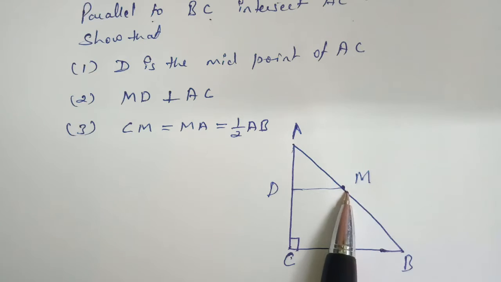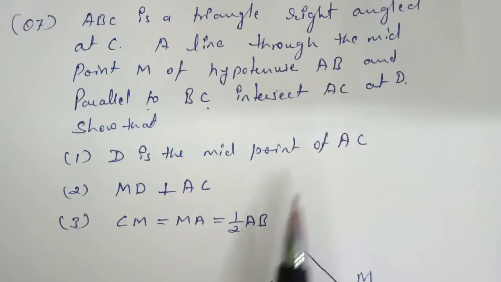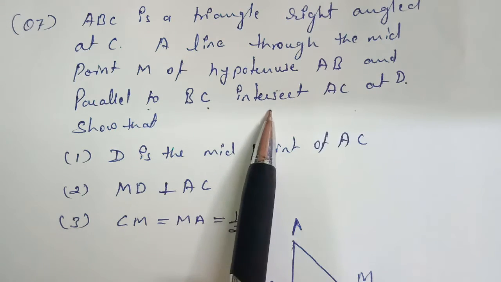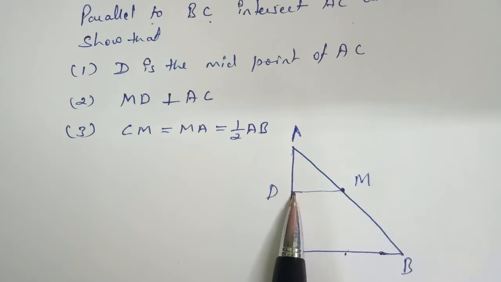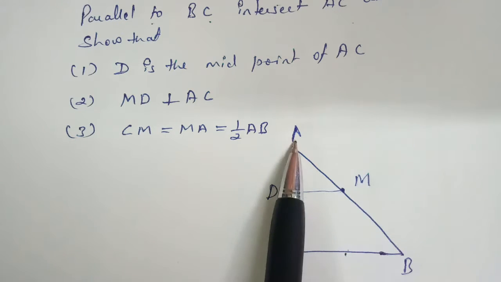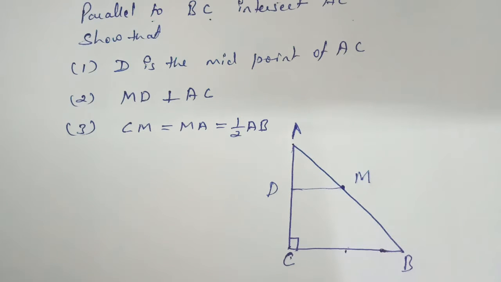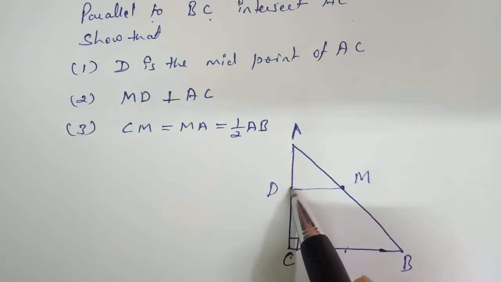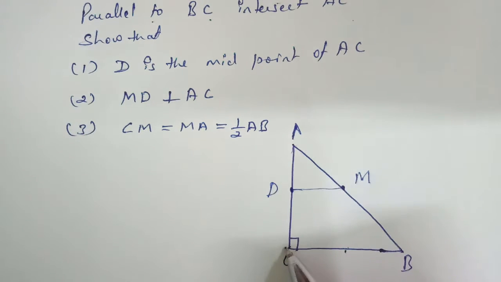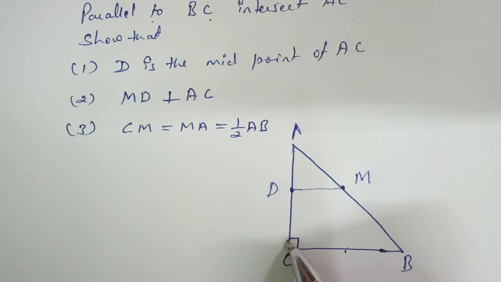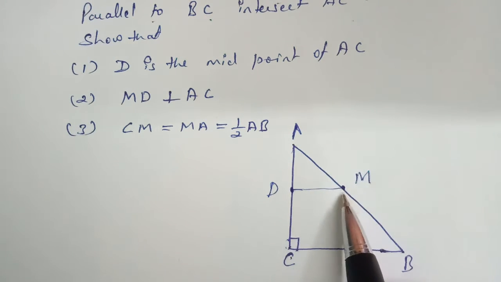Through this midpoint there is a line parallel to BC. This line is parallel to BC and it intersects AC at the point D. Show that. Now what do we have to prove? We have to prove D is the midpoint of line AC. So for proving the first part, we are going to use the converse of midpoint theorem, in which